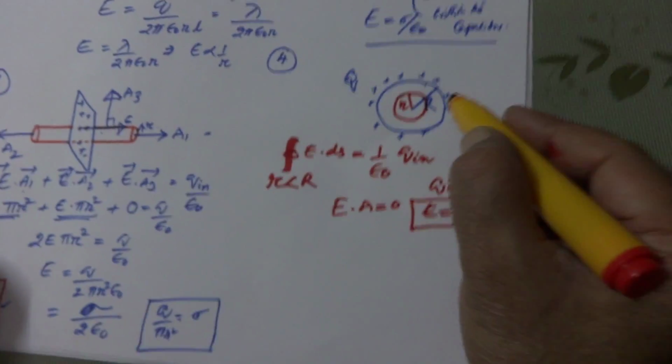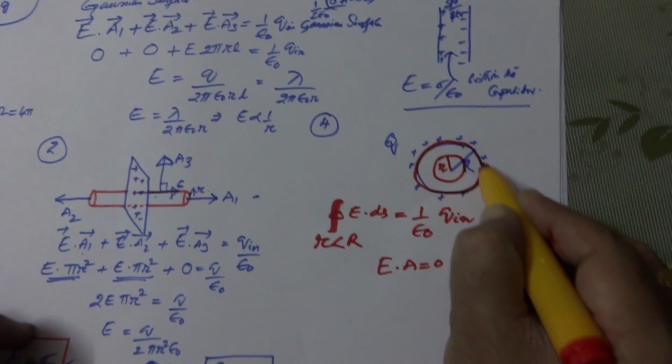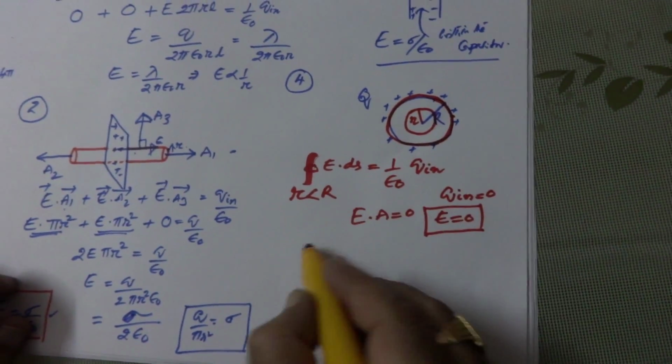Now what happens on the surface of it? So now again you have to take the Gaussian surface. So in this second case,